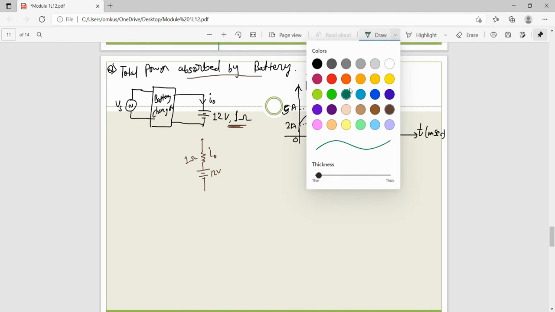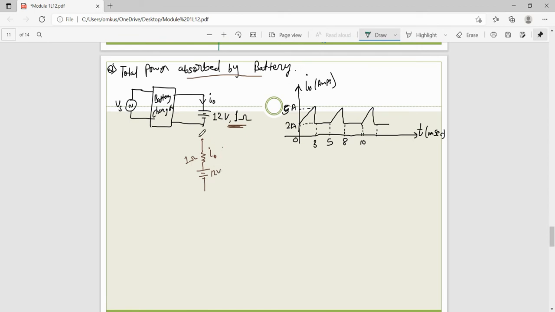When you calculate the power absorbed, or you can say power dissipated, for this branch, now see, this is a battery which is positive, negative. So the direction of current is downward, right? So it means it absorbs the power. So when you calculate the power absorbed across the battery, here you need to take I naught in average value.